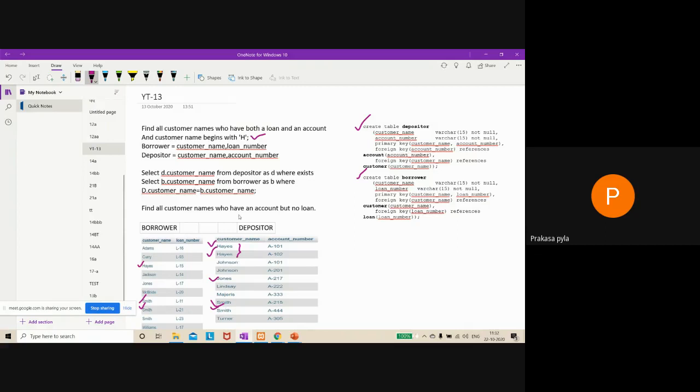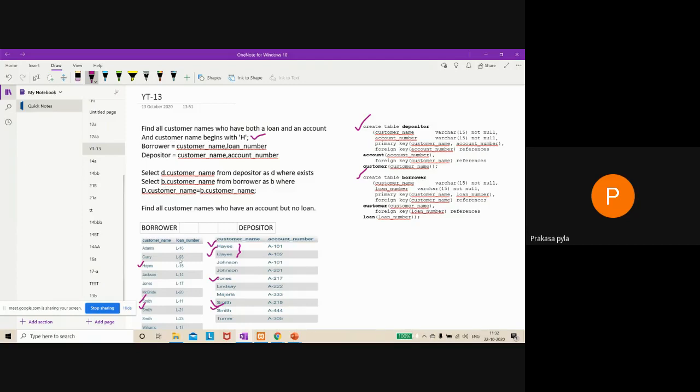Now, in order to write the query for this, you can write like this: select customer_name from depositor. Here I used an alias, that's why as D. Here select the customer name from the borrower, where B is an alias, that's why I have written B dot.